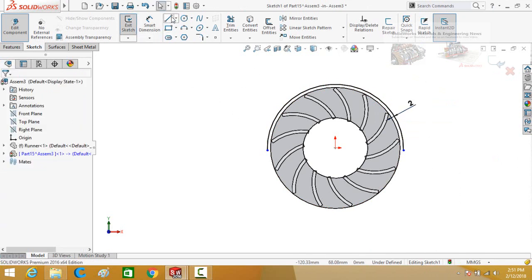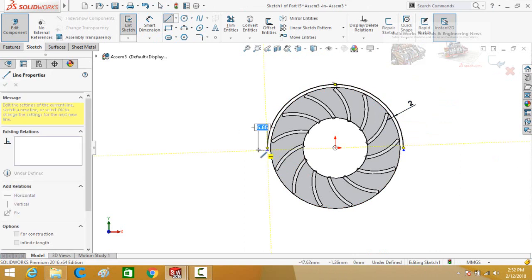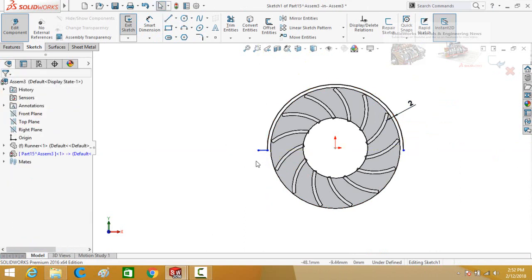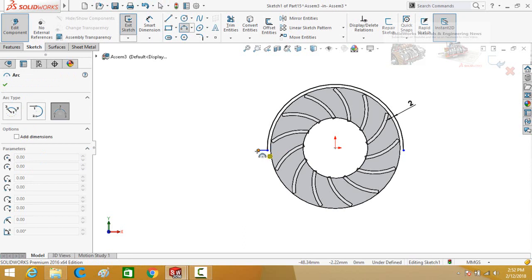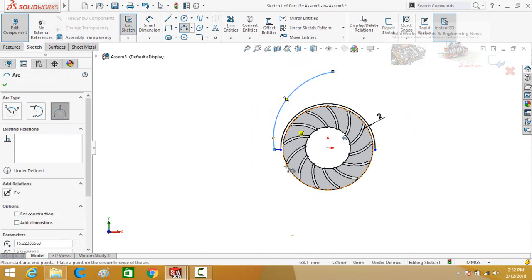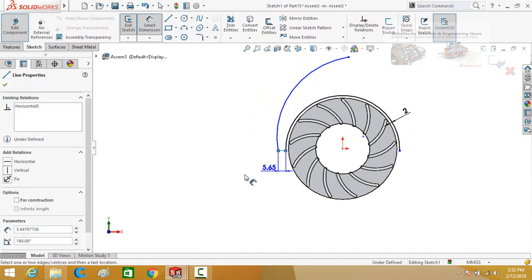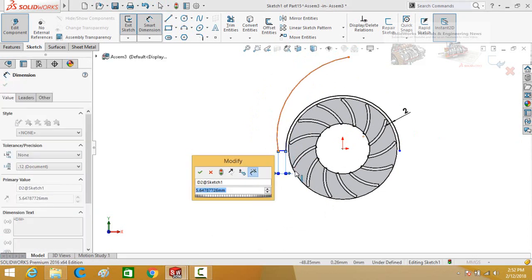Now draw a line. And then draw a 3-point arc. Define the length of this line, which is 2 millimeter.